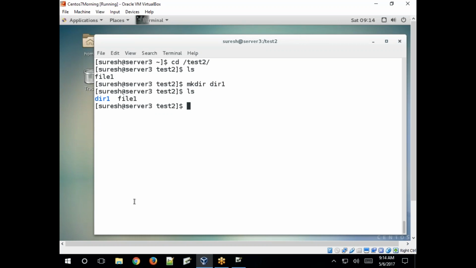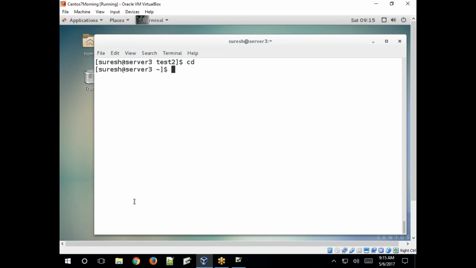Got it? Like this. So how to set permissions? Once again we will see it in user and group administration. I'll give you a few more examples there. Just understand the concept: what is permission, what is mask value, what is read, write, execute, and how to add and remove permissions on files and directories as per your requirement. Clear? Got it?